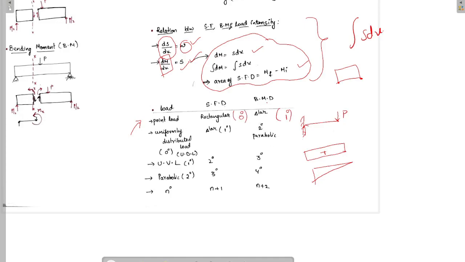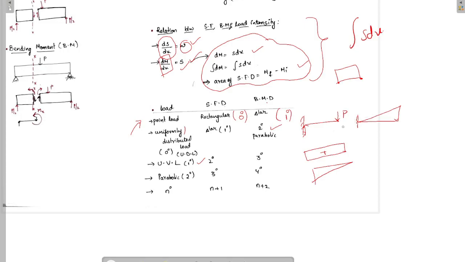Now let's see for uniformly distributed load. In case of uniformly distributed load, the shear force diagram will be linearly varying and bending moment diagram will be parabolically varying. And in case of uniformly varying load, which looks like this, the shear force diagram will be a 2 degree parabola and the bending moment diagram will